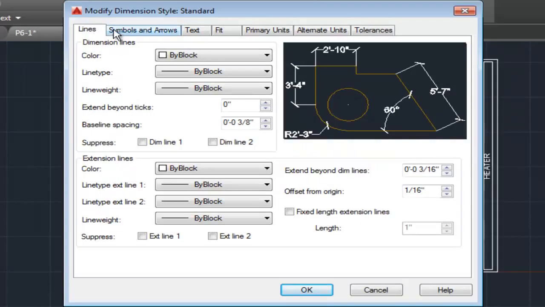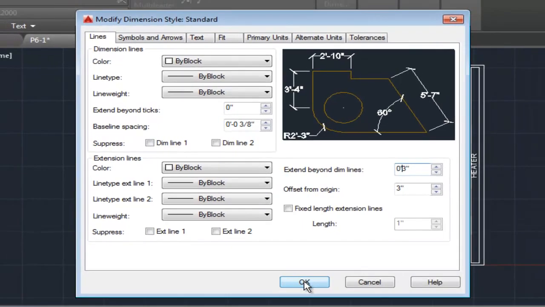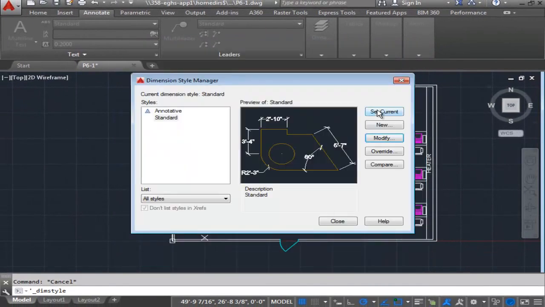And then under lines, we're going to make sure that the offset from the origin is 3 inches, and that it extends beyond the dimension line 3 inches. And press OK. Set current,